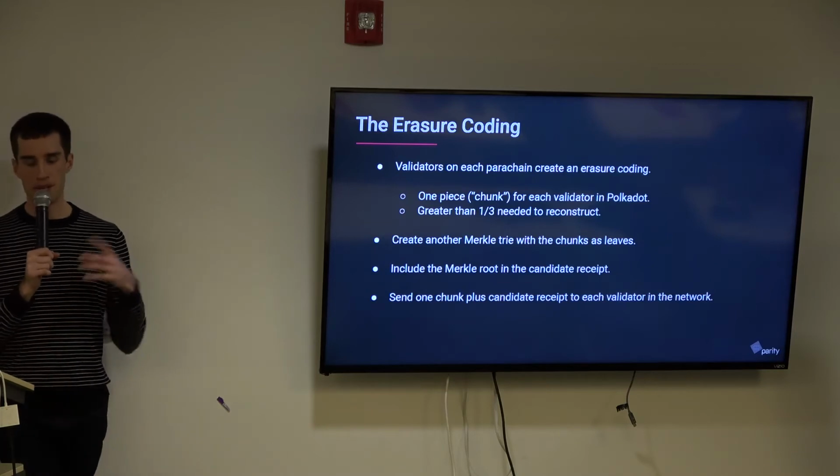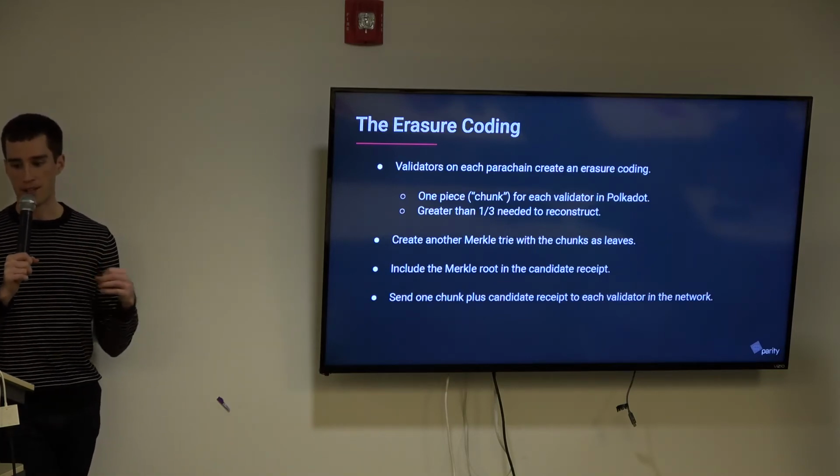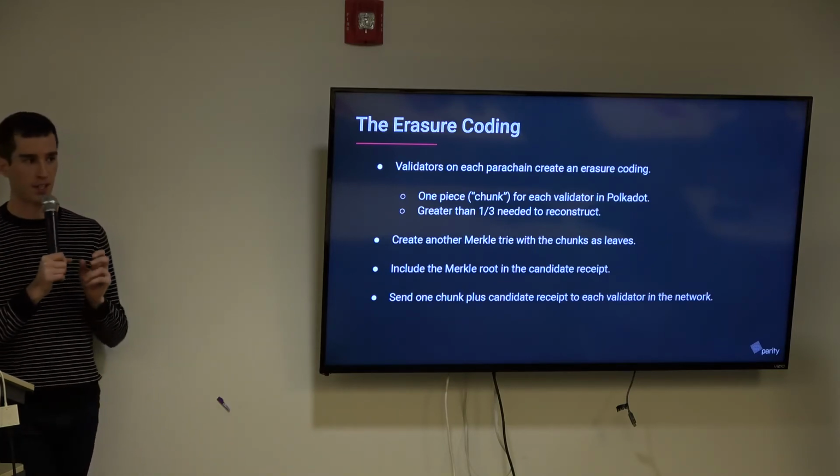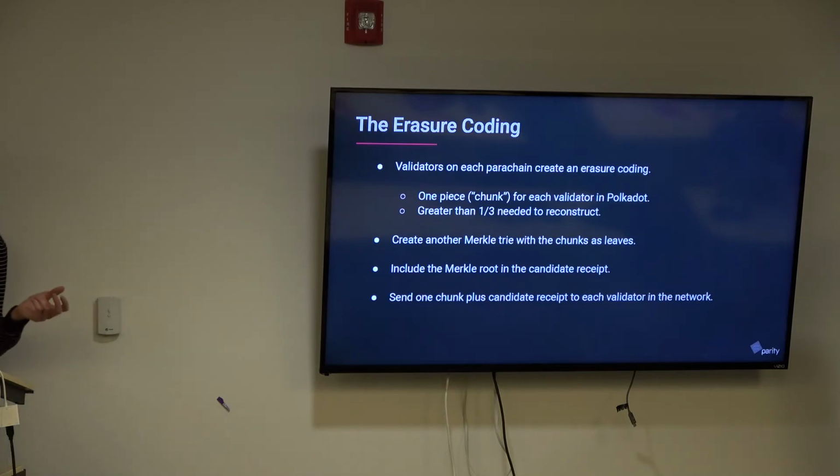So we take the PoV block and break it into chunks. These messages in erasure coding are called chunks. And we send them out to every validator. So if we have 1,000 validators in the system, we're going to make 1,000 chunks, and you would need 334 of them to be able to reconstruct the PoV block. And then we create another Merkle tree with the chunks as the leaves, and we get the Merkle root of the